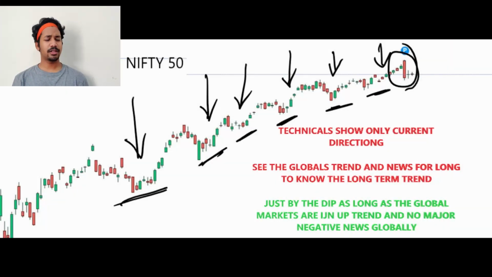So I hope you understood the three factors for which you need to be adaptive. One is the market mode. You need to understand what the global market mode is. If it is an uptrend, you need to invest and stay invested. The second thing is the news which affects according to your style. If you're a short-term trader, you need to look at the local news, because it affects only for a short-term period. And if you're a long-term investor, you need to see the uptrend or the long-term global news which affects the market.